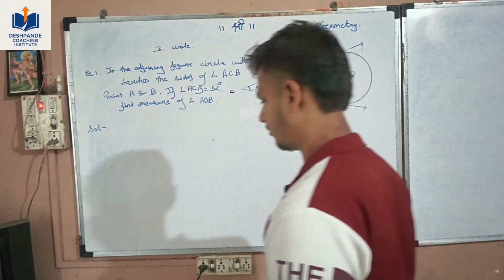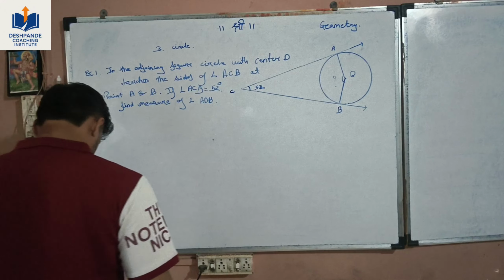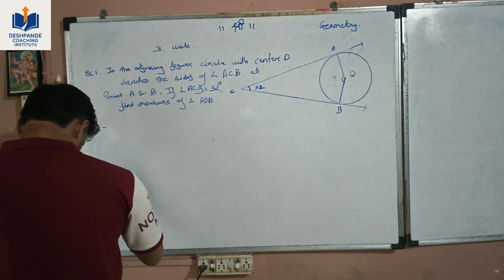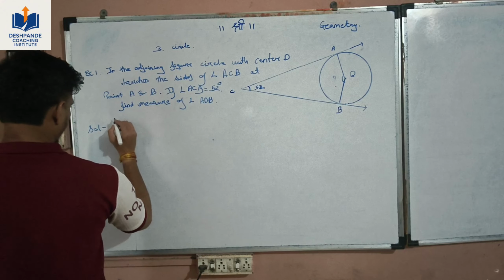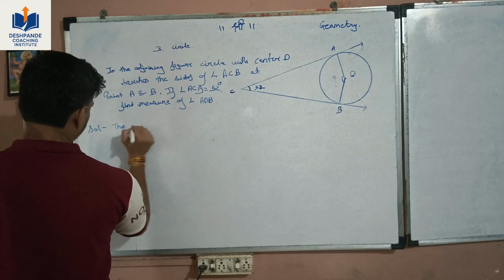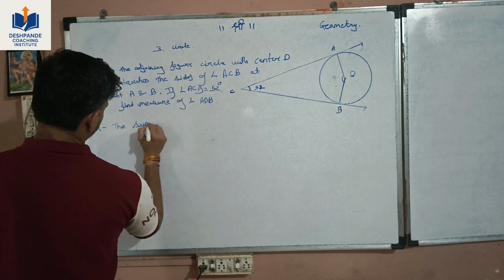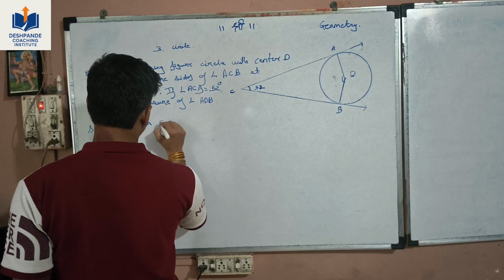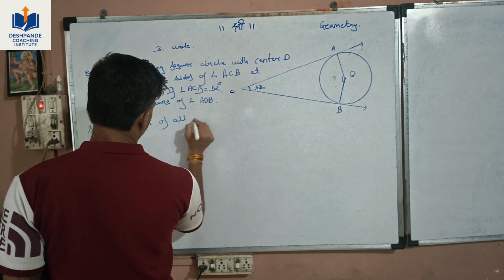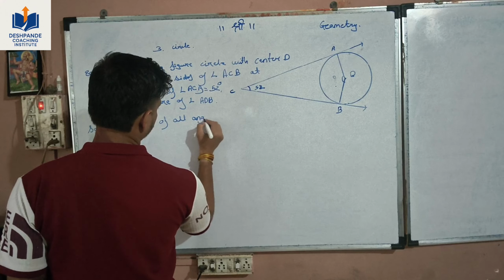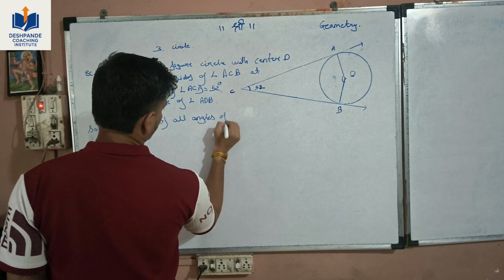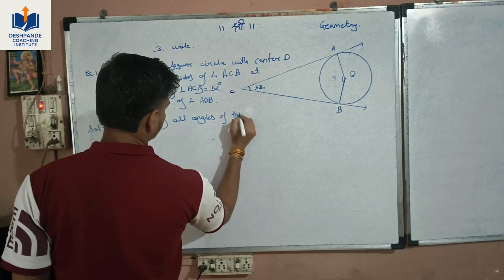So there are four angles in this quadrilateral. The sum of all angles of this quadrilateral, sum means addition,